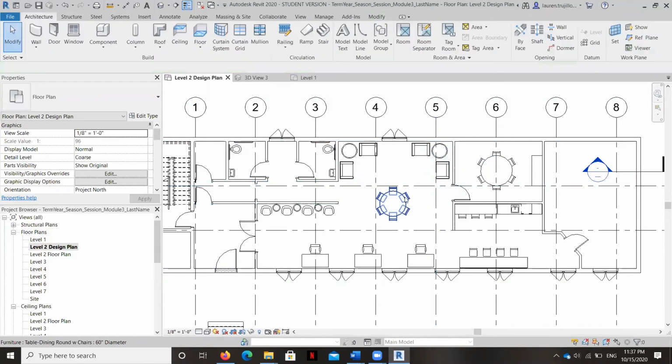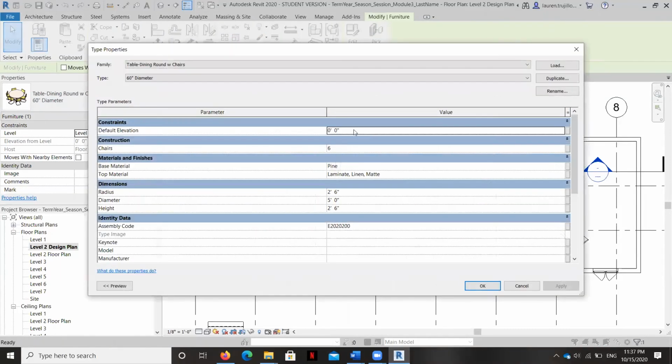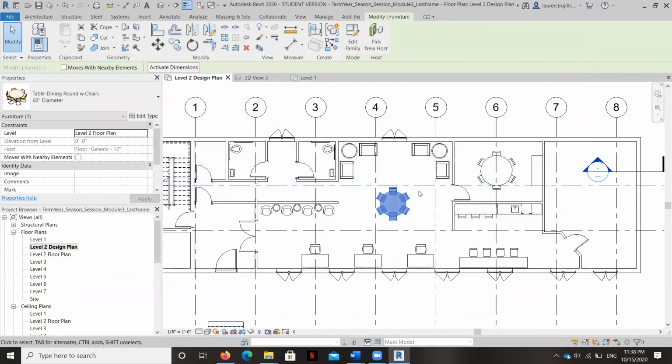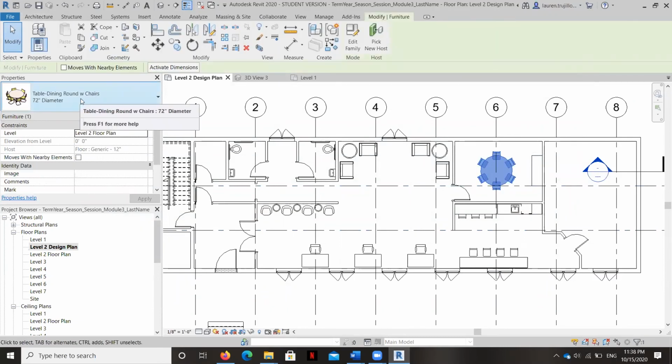And then all you need to do is edit the type and duplicate it. And then you can change the diameter and the amount of chairs. So it's really cool. I've used it here. I've got a 72-inch diameter one with 6 chairs.